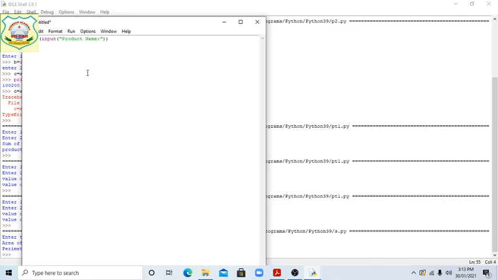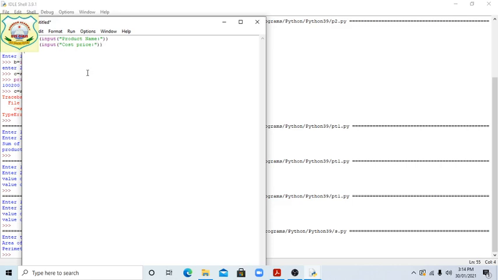Suppose A equal integer, then bracket, input, we will write here cost price. Okay, here we will get the cost price of this.